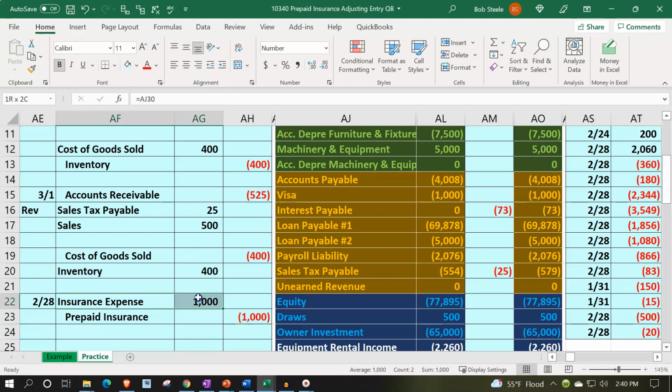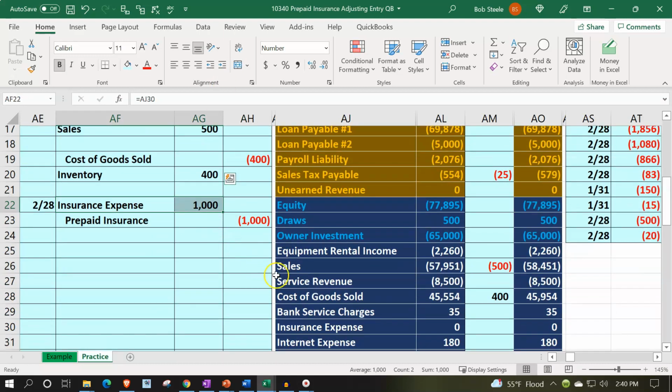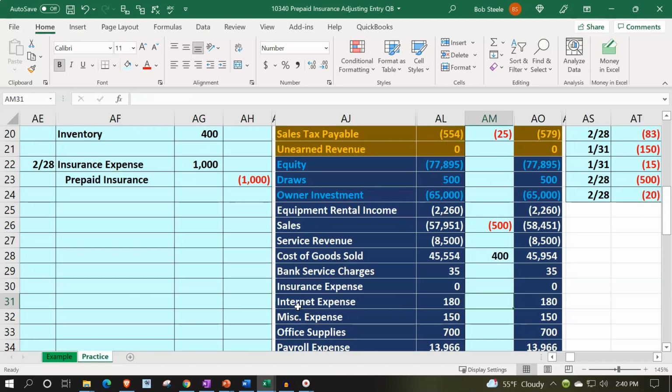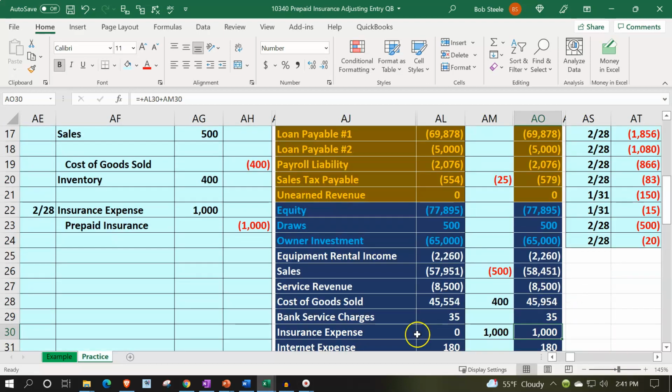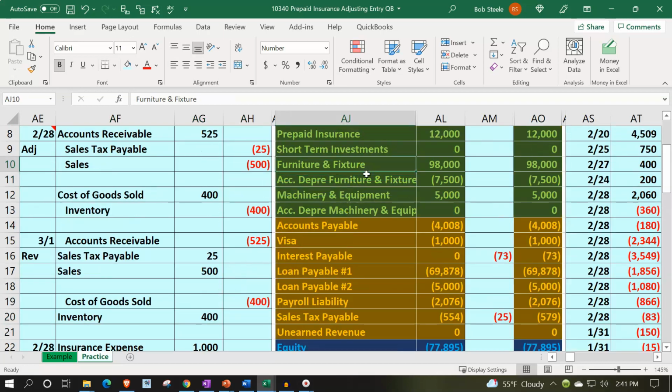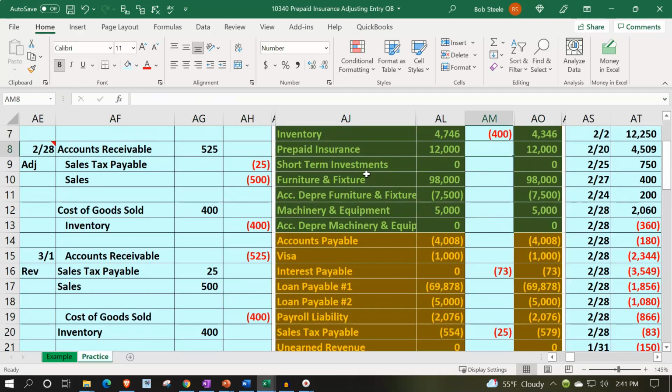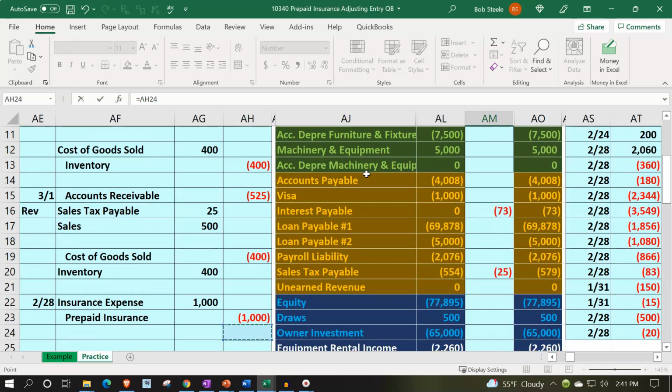Let's post it out. Here's the insurance expense. That's down here in insurance expense, right there. Scrolling over to the insurance expense, increasing it. That, of course, increases the net income, puts us out of balance. Then the prepaid insurance, which had 12,000 in it, we scroll down to the 1,000 and enter,